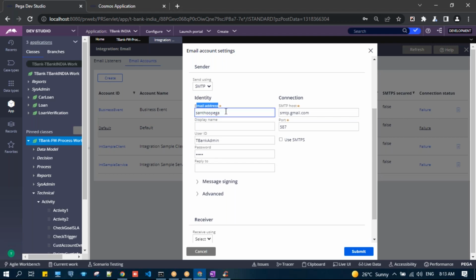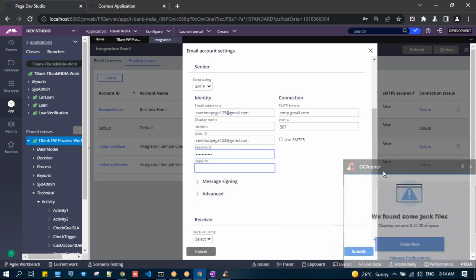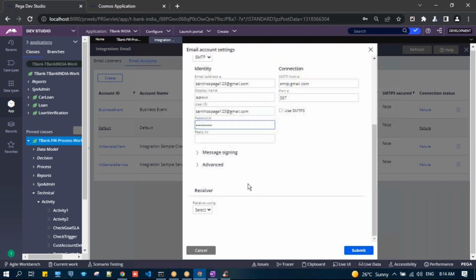It's not supported for this configuration because there is an authentication setup for this email configuration. Okay, so which is not supported. I'm just trying here. So user ID, just keep the same, and password. So once it is done,